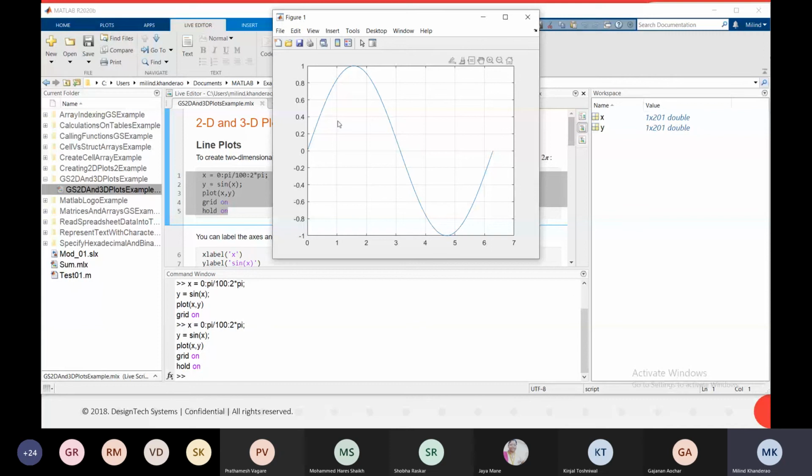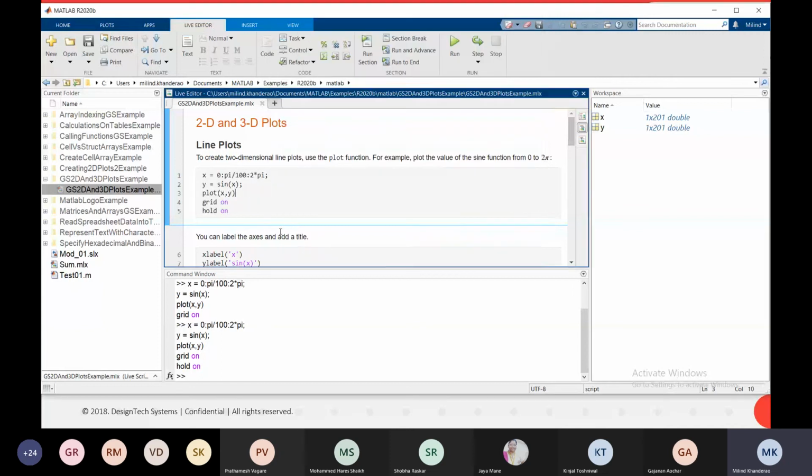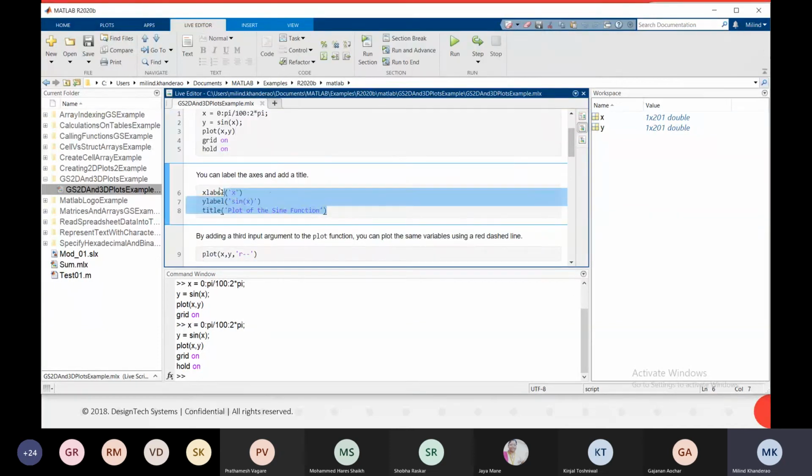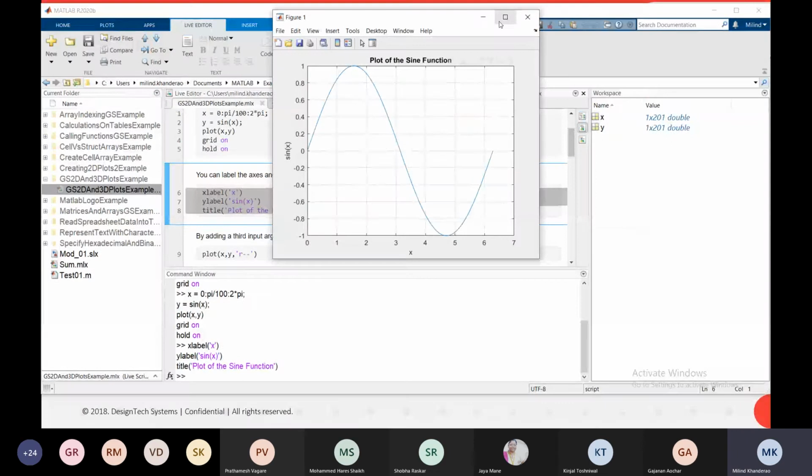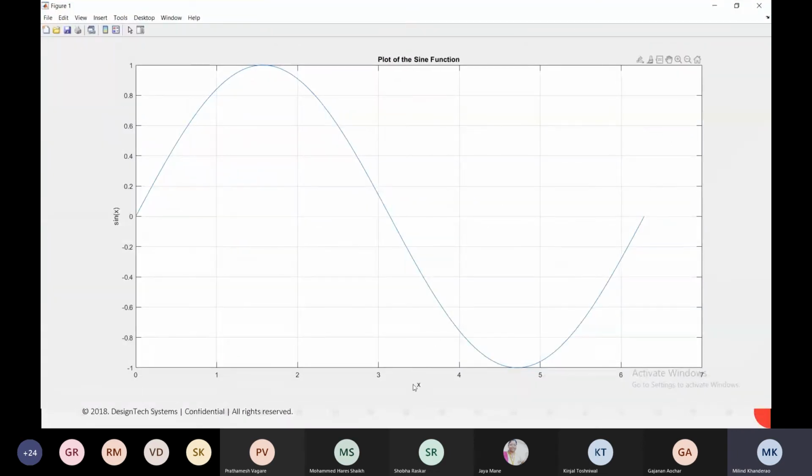Now I want to do the labeling, xlabel and ylabel and the title. You can just write xlabel in brackets and give the label name. Similarly for ylabel, and you can give the title to your plot. Now you can see the xlabel, the ylabel, and the title.